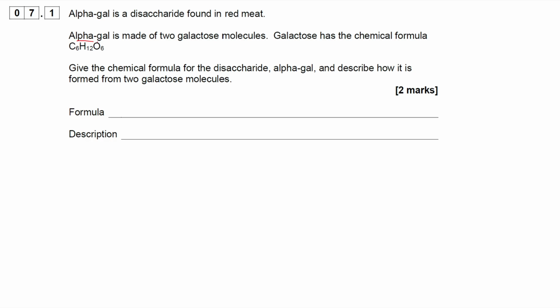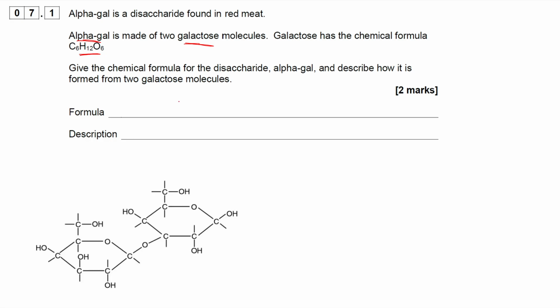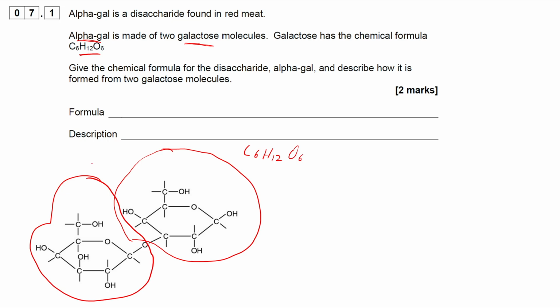So all we need is a formula for alpha-gal, which is composed of 2 molecules of galactose. And we have also been given the formula of the galactose. So alpha-gal is a disaccharide which is made of 2 monosaccharides of galactose, and this is how the alpha-gal looks like. So this is one galactose molecule and its formula is C6H12O6, and similarly we have here a second galactose molecule,